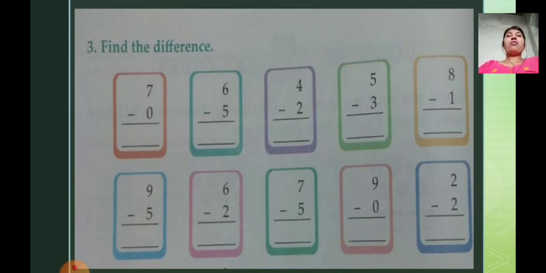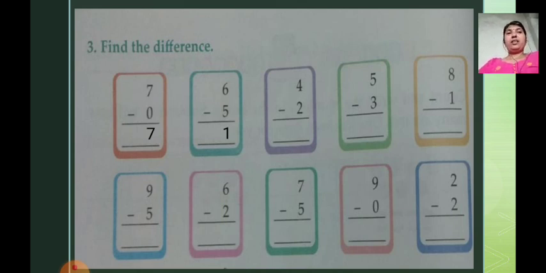So what is your method, or what is your rule? When we subtract 0 from any number, the answer you get is the number itself. Means 7 minus 0 is equal to 7. So write down the 7 in the box. Very good. Now 6 minus 5. So here we are going to follow the method: count from lower number 5 up to bigger number, or upper number, 6. Okay. After 5, 6. Only one finger is there. So write down the answer 1. 6 minus 5 is equal to 1.